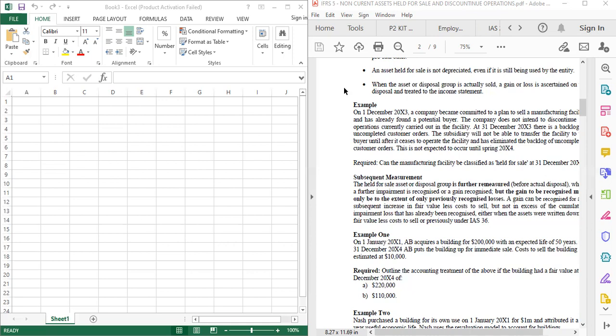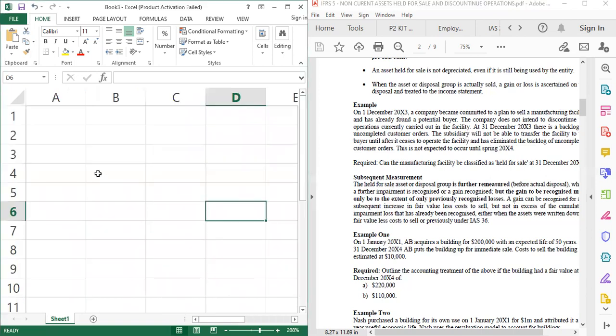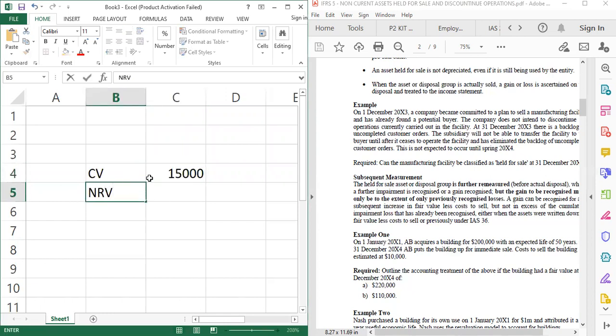revaluation model. Before that, let's look at subsequent measurements. If you are carrying the assets, we are saying that the assets should be carried at lower of cost. So if at the date of the classification, the carrying value is 15,000 and the net realizable value is 16,000, we say we should carry the asset at lower of any of the two. So the asset will be carried at 15,000. All right. Assuming the net realizable value was 10,000, the asset will be carried at the 10,000, which is the